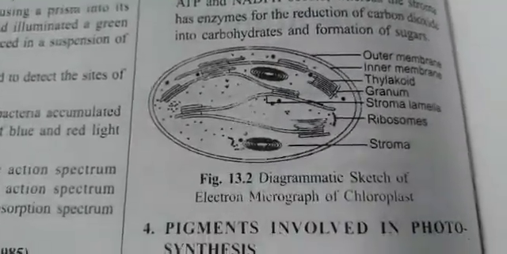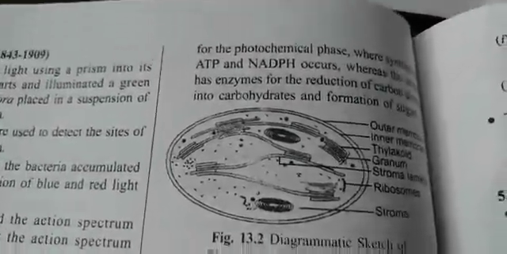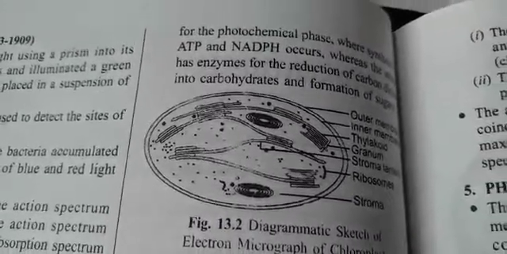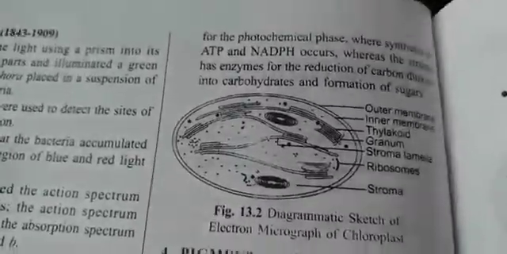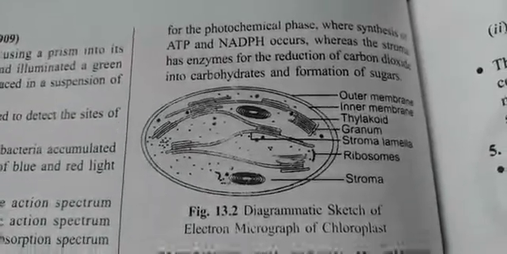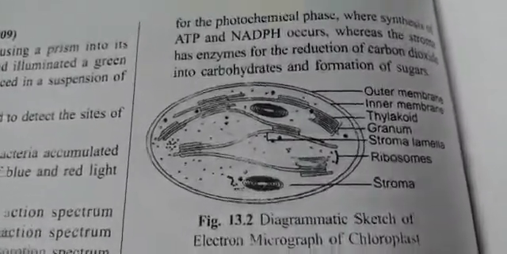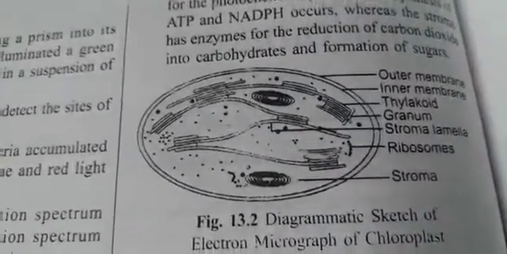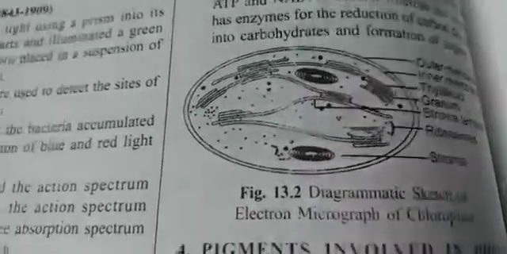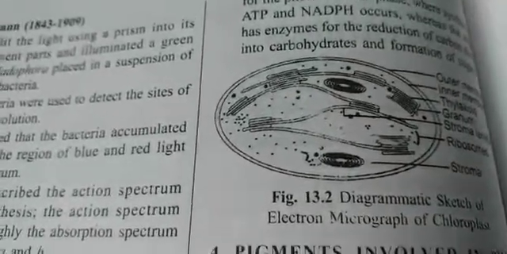So this is the structure of the chloroplast. You can see these membranes on the outside, they form ATP and NADPH. And further, inside the stroma, the further process occurs, that is the reduction of carbon dioxide. So there is a proper division of labor within the chloroplast, and this is the organelle where the process of photosynthesis occurs. Clear? So thanks, this is all about the experiments and the site of photosynthesis.